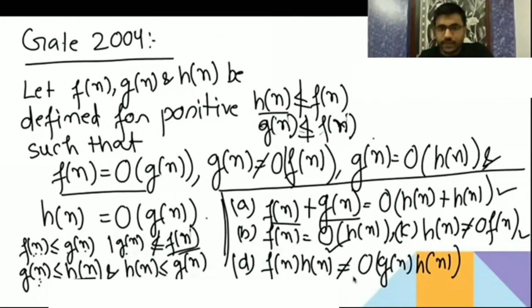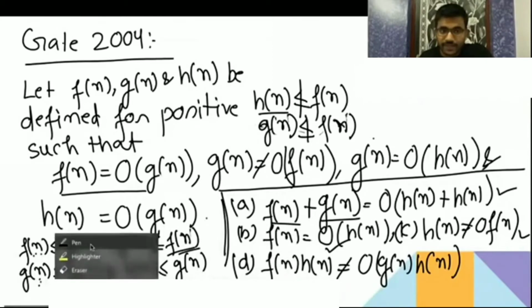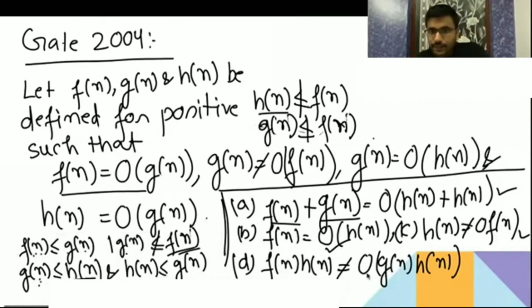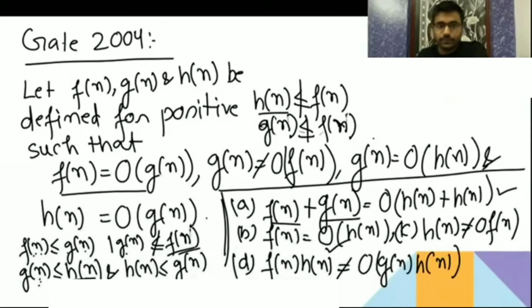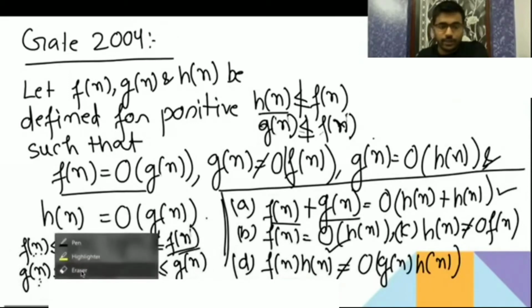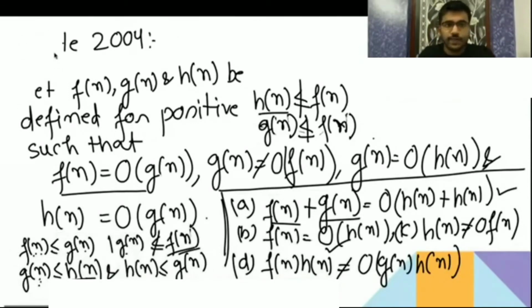Now here it is saying Fn and Hn. In place of Fn, here it's big O, which means you can write the bigger term in place of Fn. Yes, it's Gn. In place of Hn you can even write Hn. So that is smaller than or equal to. That is big O only, but they are saying not. See, Fn is smaller than Gn, you can write. Now let me erase here, so I will get a space.